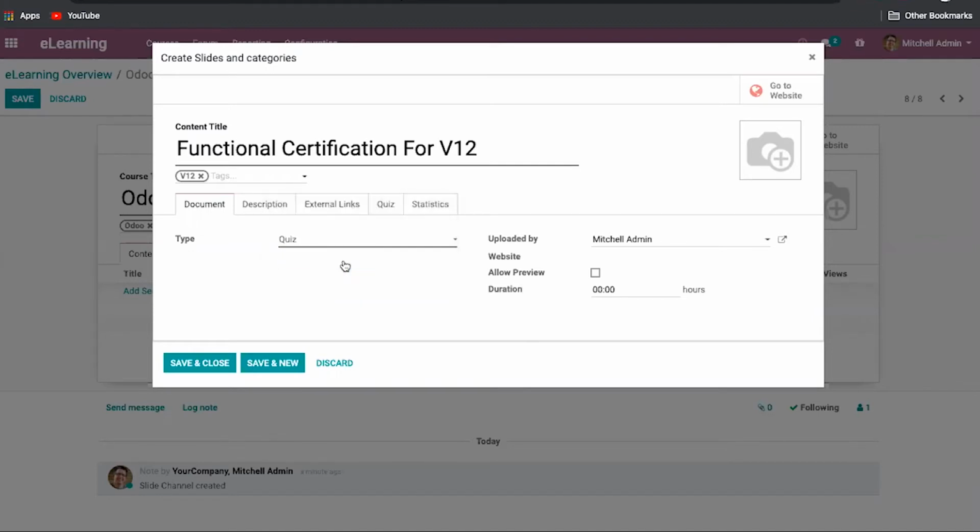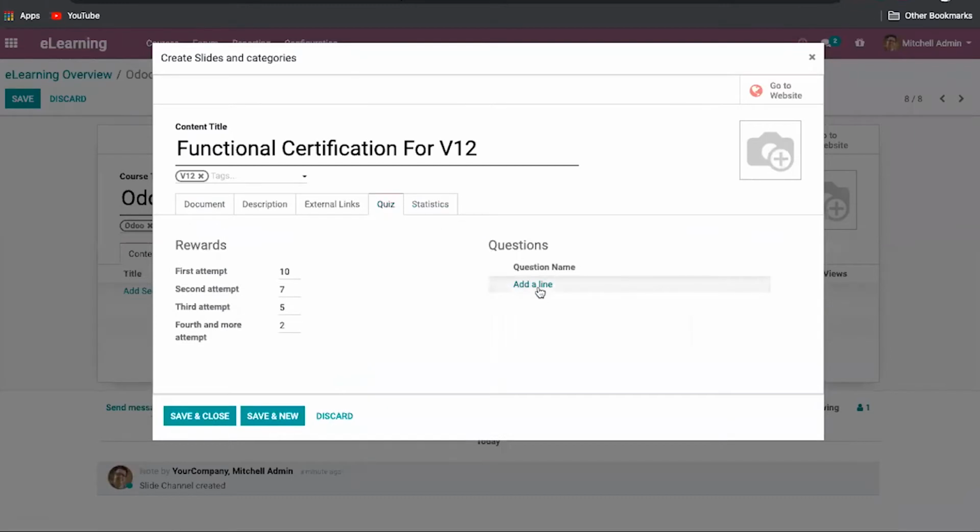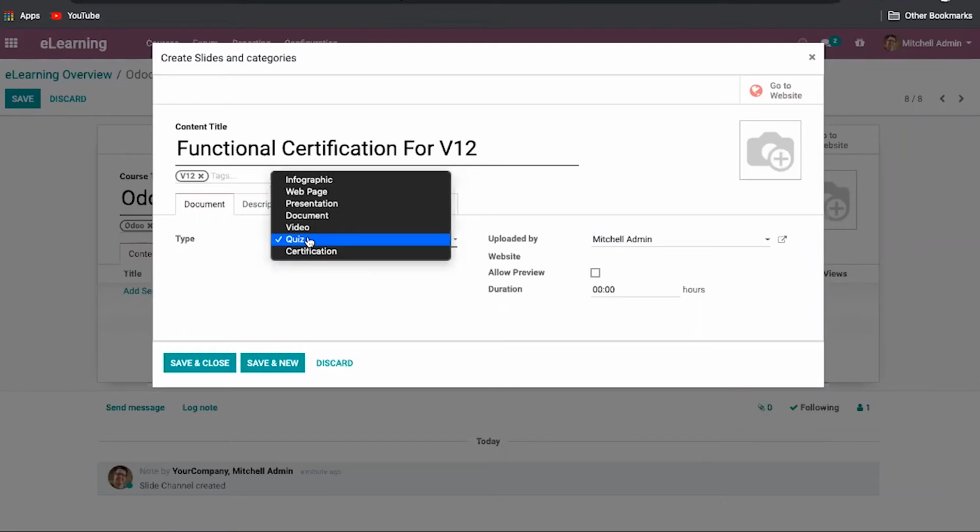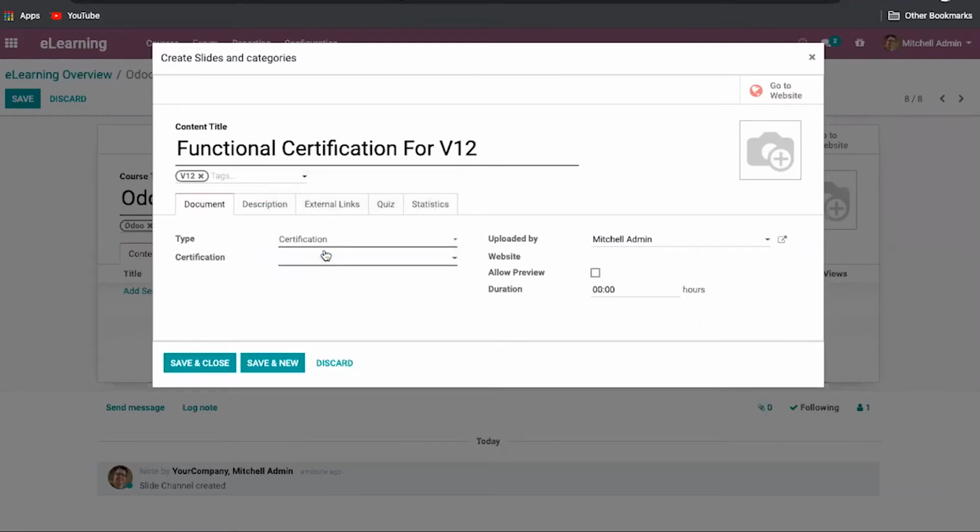And if it is a quiz, you can select it as a quiz, and here we have an option to add the question and answer. But in my case, it is a certification, so I'm selecting it as a certification here. So it will be easy for me to